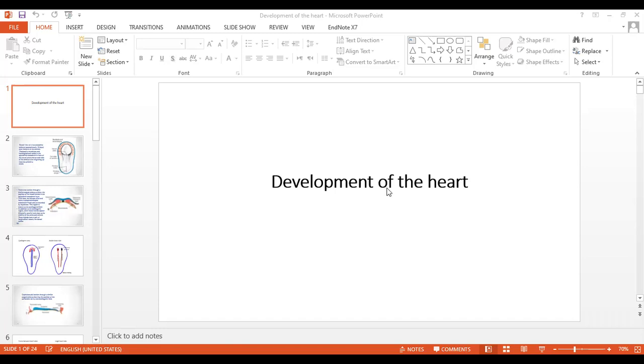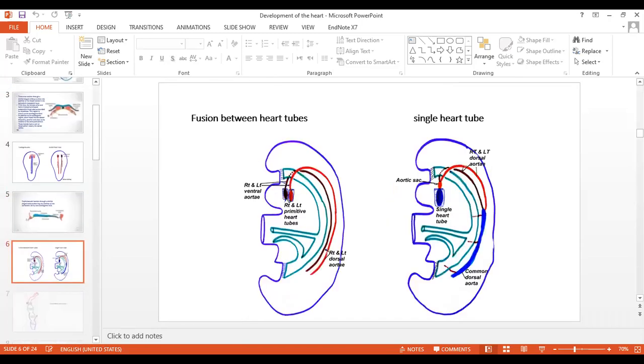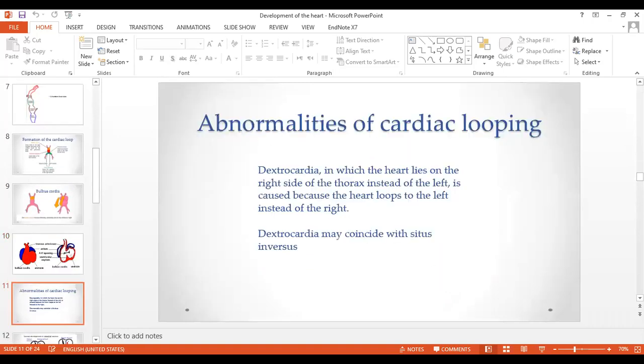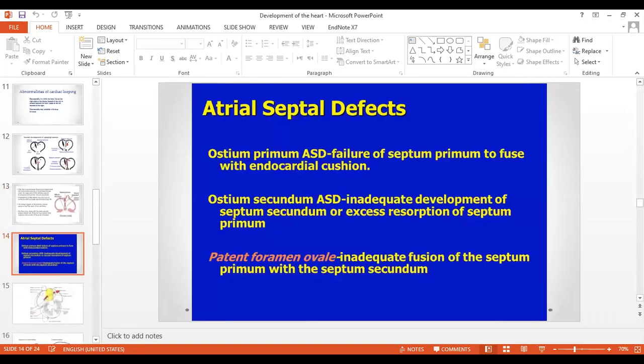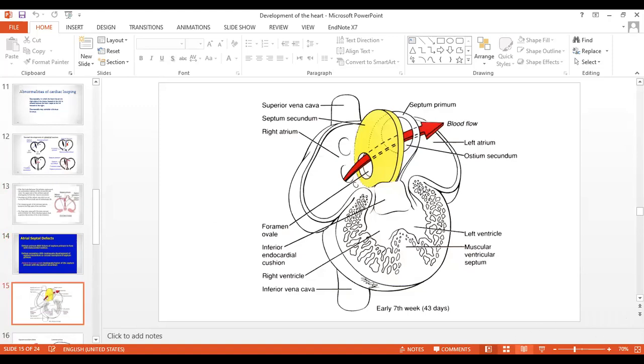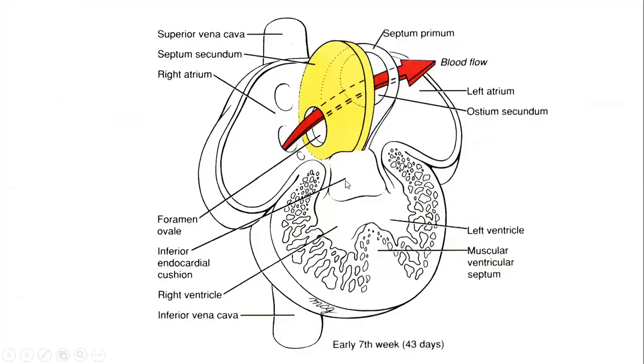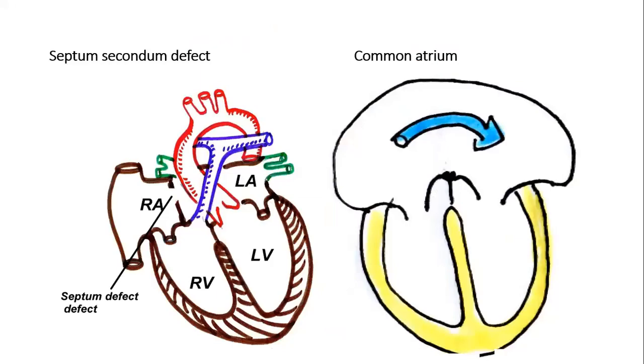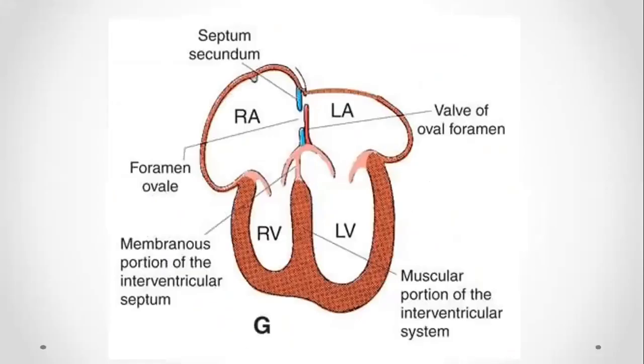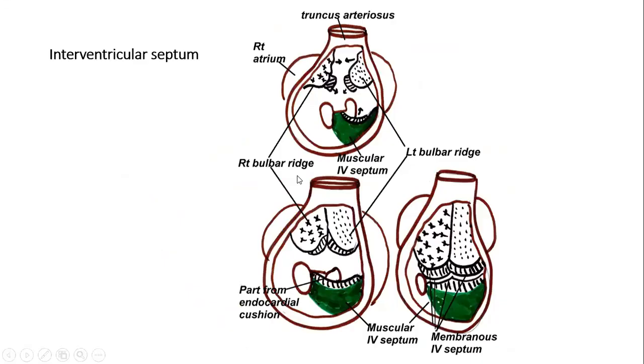Okay, you are asking how the septum is formed between the aorta and the pulmonary trunk, right? If you see here, there is development of a septum, as I said before. In this picture, the endocardial cushion is there, from where the septum primum and secundum are formed in the atria. Similarly, there is formation of a septum here in the ventricles. This is the muscular part, and from above there will be formation of the septum below, that is the membranous part. So below will be the muscular part, and from above there will be the membranous part. This septum is formed like this.